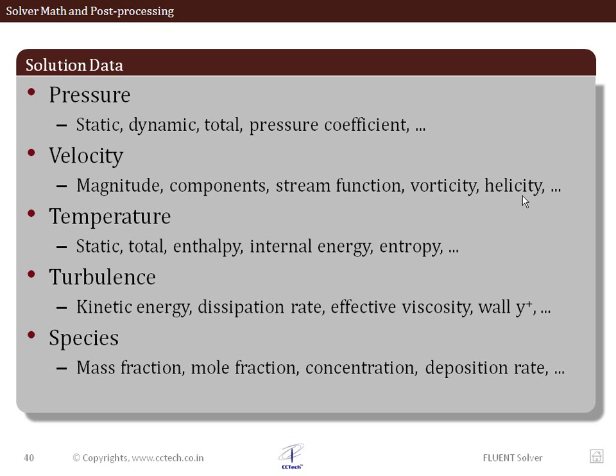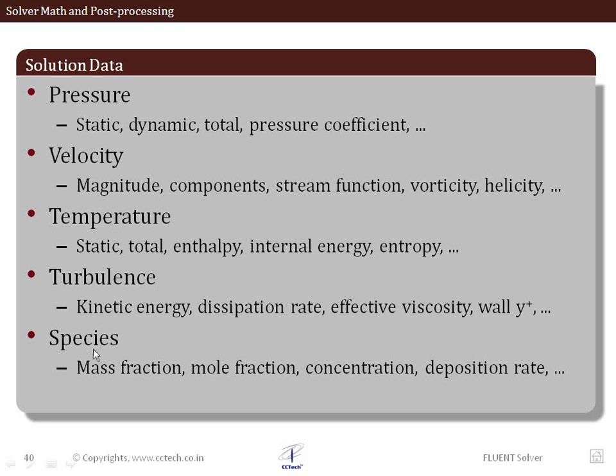Some of the solution data are pressure, velocity, temperature, turbulence, and species, and within them you can see we have static, dynamic, total pressure, we have velocity magnitude, or the XYZ components. We can also have a stream function, and vorticity and helicity are also included. You have the temperature data, which has static, total, enthalpy, internal energy, entropy. In the case of a rotating domain, you also have rothalpy. For turbulence, we have kinetic energy, dissipation rate, y plus, different kinds of quantities which are available all within the standard